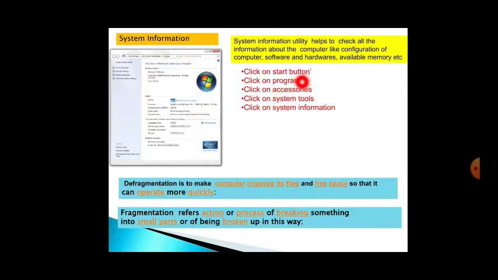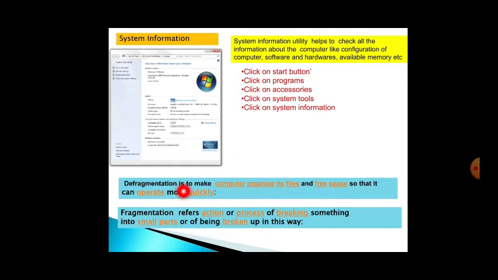Click on the start button, click on programs, accessories, system tools, and then system information. So where do we have to go? We click on the start button, programs, accessories, system tools, and system information.